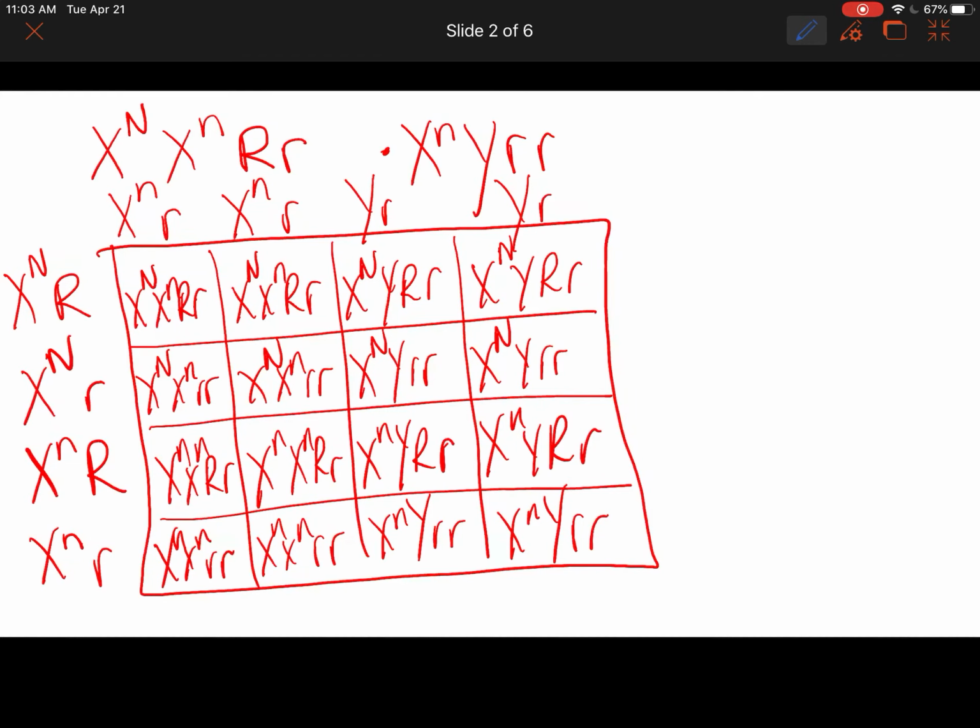their tongue. Okay, now in order to be colorblind, if they're a female, they have to have 2 little n's. If they're male, they just need 1 little n. And if they can't roll their tongue, then they need 2 little r's. Okay, well, if we look through the first 2 rows, all of these potential offspring have at least 1 big N. Okay, so none of them meet our criteria of being colorblind and not being able to roll the